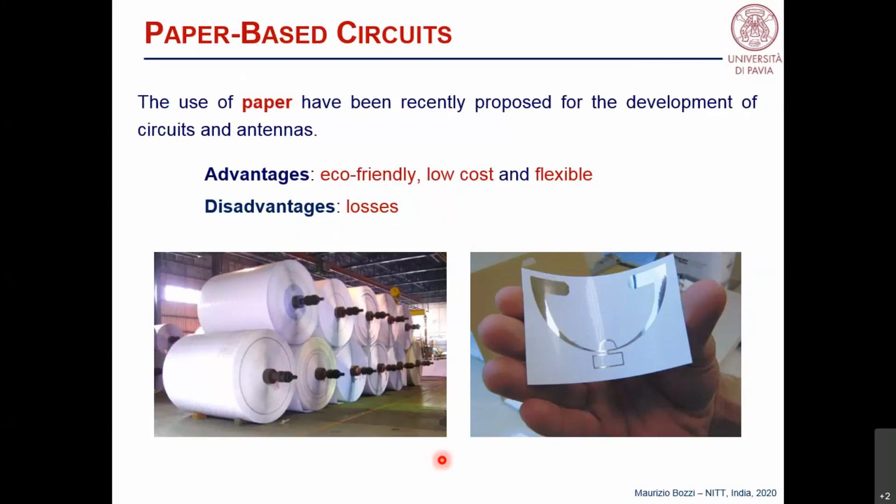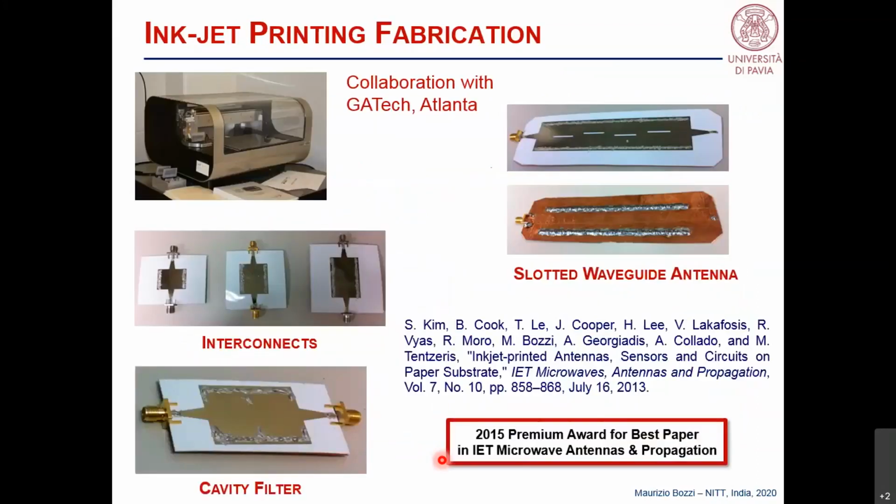So for some fields of applications like agriculture, for instance, if you want to have some sensors to be adopted for agricultural purposes, using eco-friendly materials could be preferable because you don't pollute the field where you want to perform some measurements. So this work was